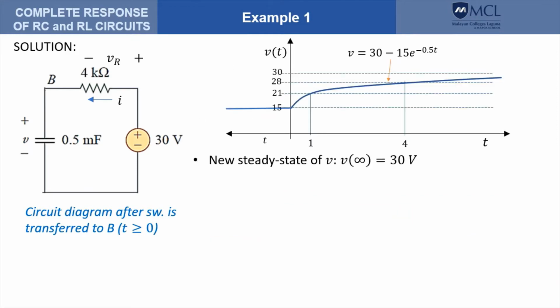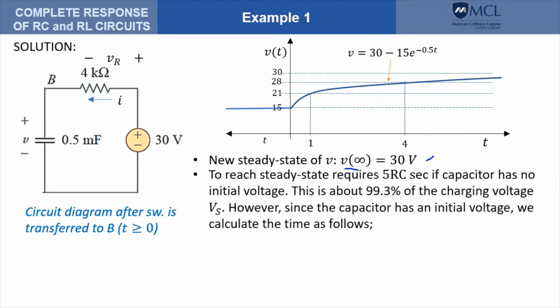So the new steady state for the voltage across the capacitor is 30 volts, so it is written as V at time infinity. To get to that voltage requires approximately 5 RC if the capacitor has no initial voltage. So this is about 99.3% of the charging voltage. However, since our capacitor has an initial voltage, that time should be